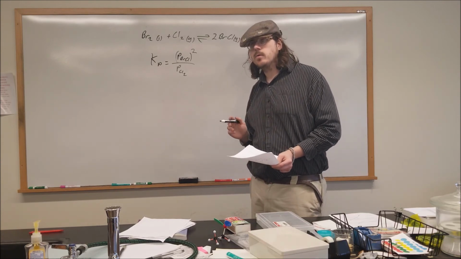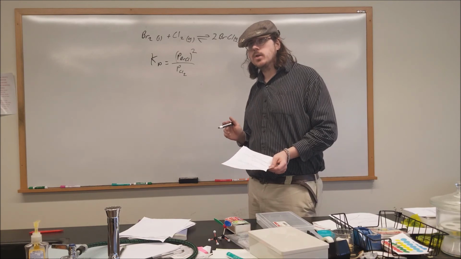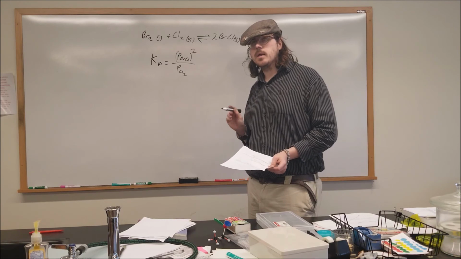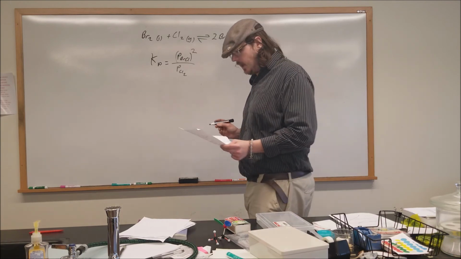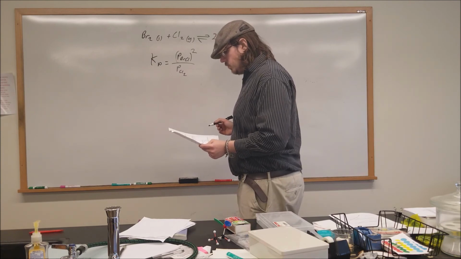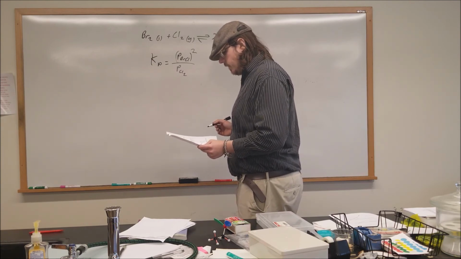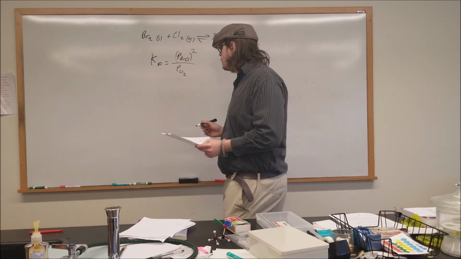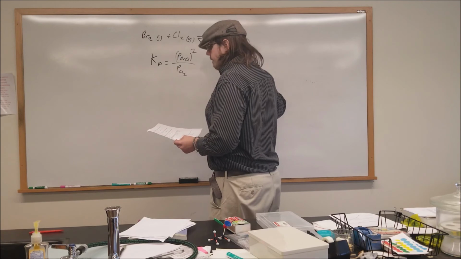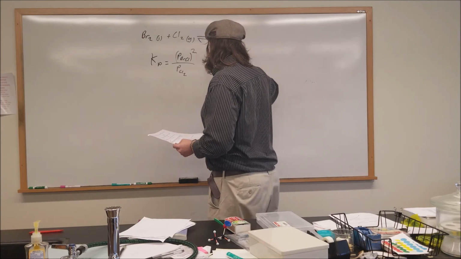Even though I give you a volume of bromine, we don't include pure liquids or pure solids in our K expression. So even though I say 500 milliliters of bromine exists, with 2.5 atmospheres of chlorine and 1.89 atmospheres of bromochloride, you do not need the 500 at all. It is simply 1.89